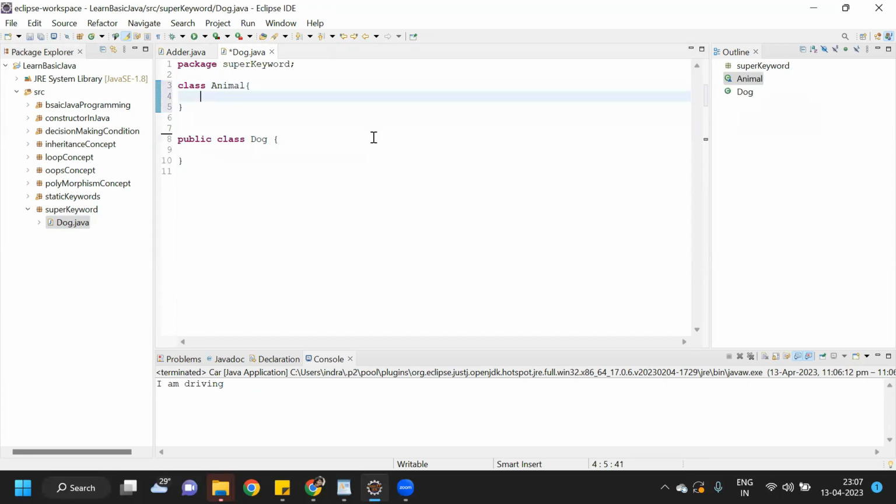Right? And now I'm going to create one data member. So a variable we can take, suppose animal color, right? So suppose that I'm taking the color white, and since it is a color, it will be a string. So our type will be String only, right? So this child class can extend to the parent class animal,